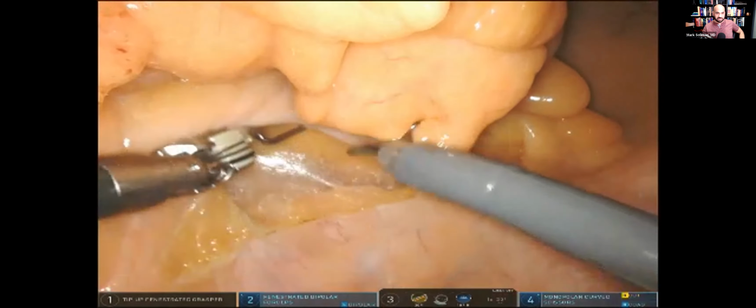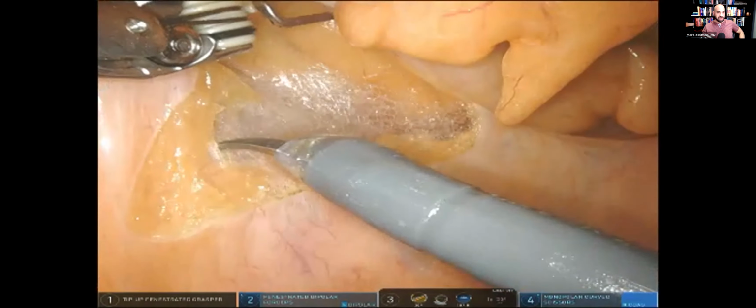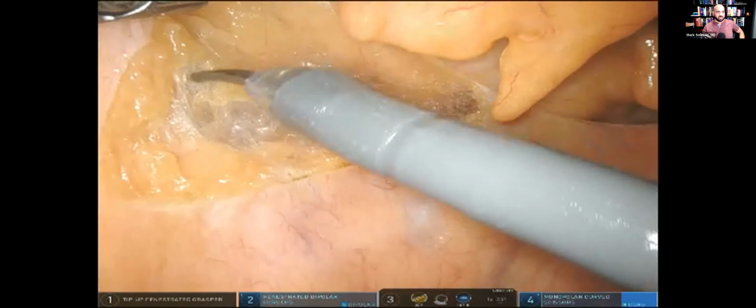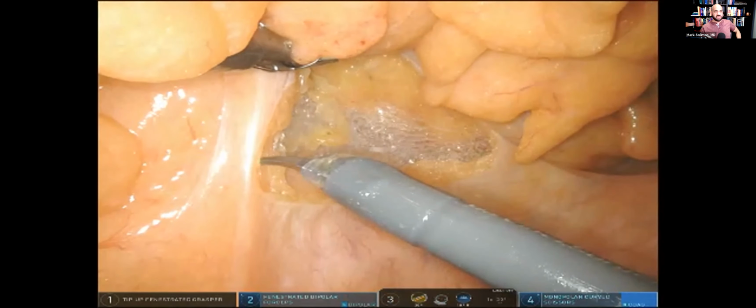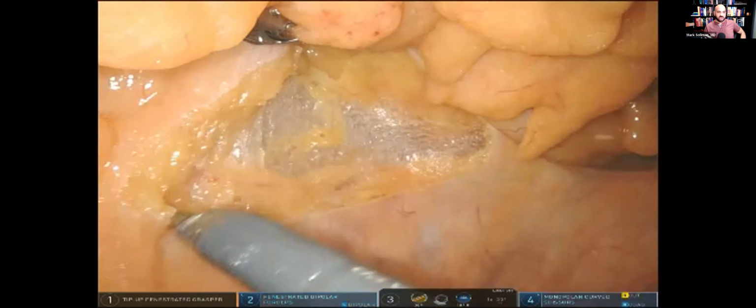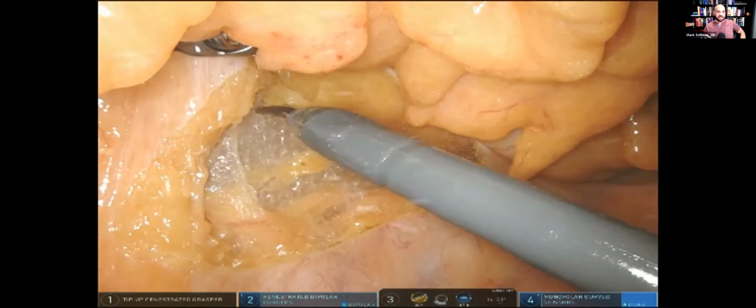Poke, spread, lift with my left hand. Look at that. Brushing down. There you go. Lifting up with my left hand, brushing down with my right hand. Looking, looking, looking. And if you can imagine what we're trying to do, the IMA